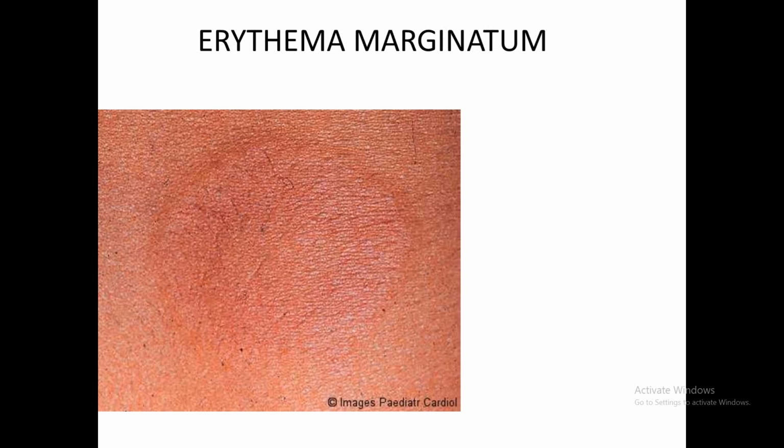Now see here this type of lesion, which is a circular region around, reddish, and in the center there is paleness. It is non-pruritic. It is seen in 5 to 10% of cases only. The back and the trunk, the torso, are involved. And this is the back which is seen here, and the anterior chest wall. There are many erythema marginatum lesions seen in this patient.